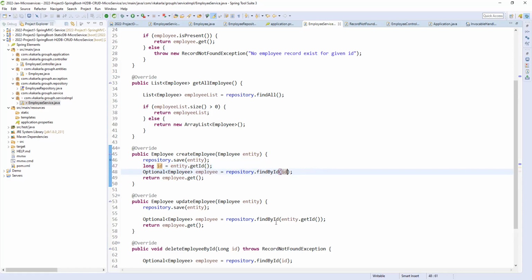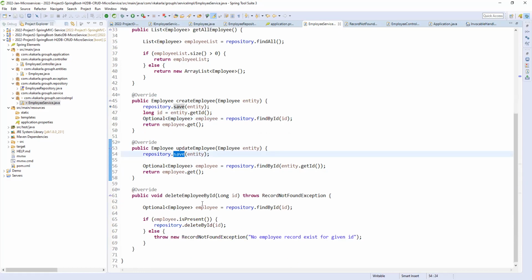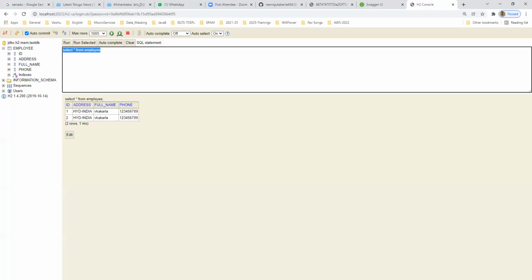But update employee, right? So get employee by ID, repository find by ID, right? So get employee by ID. Let me pass. Okay, whatever we are sending, it is saving 1 to 1 2, right? It is not saving, correct.